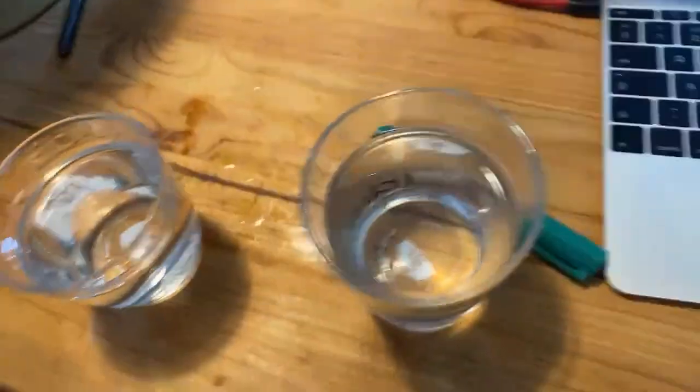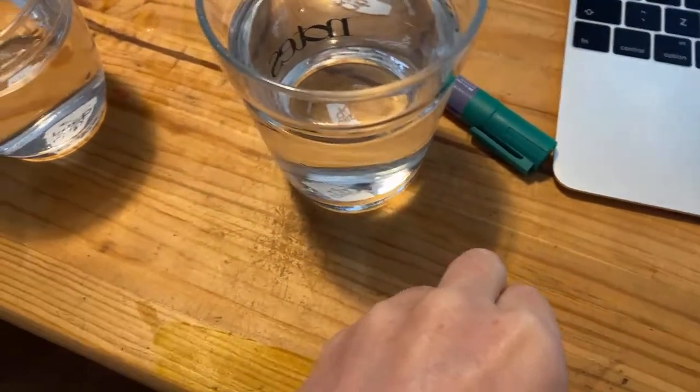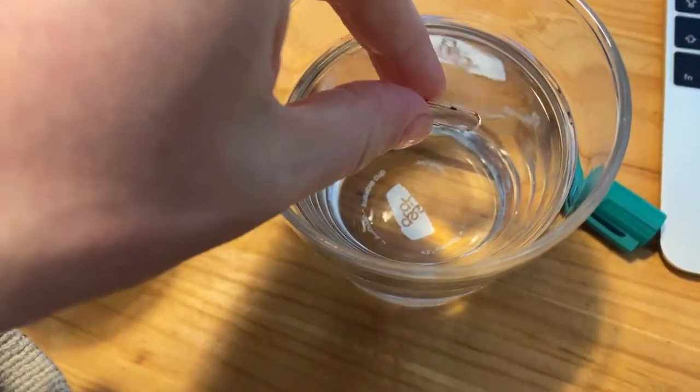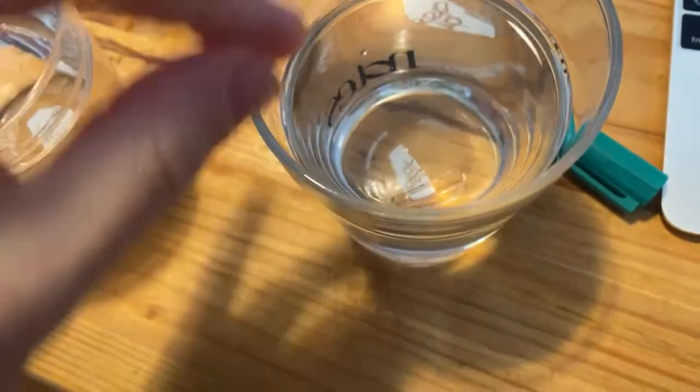Right, I've washed this paperclip thoroughly. I've dried it very thoroughly. I've dried my hands thoroughly. We need to get it floating in the water, because then what you do is you put some washing up liquid on your finger and you stab that into the water and you should see something happen. Okay. Hands are dry. Paperclip is dry. Same paperclip as yesterday. Pretty sure it's the same water as yesterday. Balance the paperclip in the...